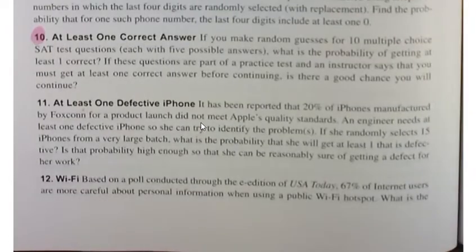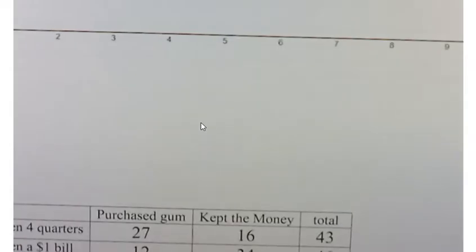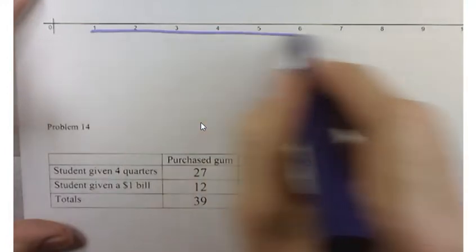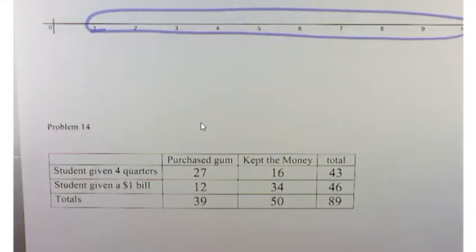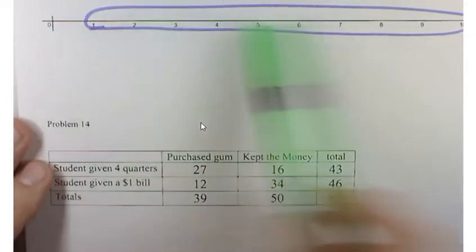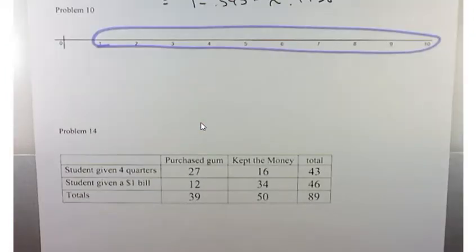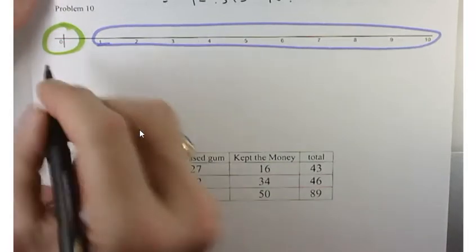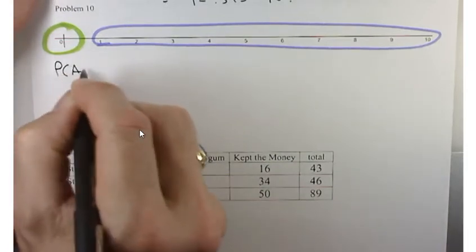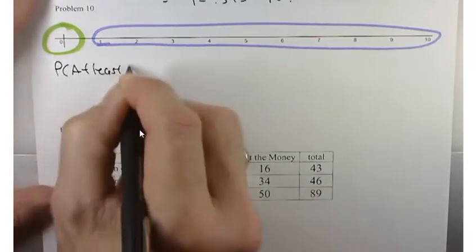It's annoying. Okay, so probability of at least one correct answer. So probability of at least one correct answer really reflects any of these events. At least one correct. And rather than calculate all these different probabilities and add that up, we're going to take the simple expedient of calculating the probability of getting one wrong, or none of them right, and then subtracting. So probability of at least one correct